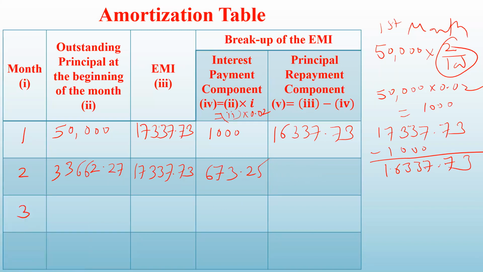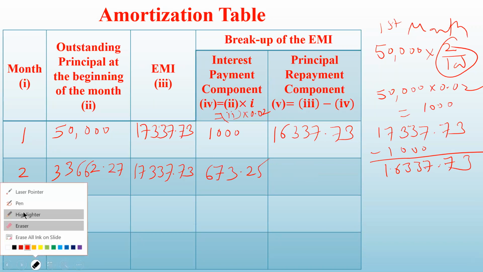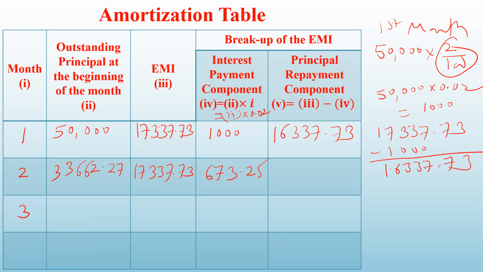So once you have understood how to get the values, you can quickly write down. That is why I've written here the formula. So 16,664.48. Now what is the outstanding principal in the third month? 33,662.27 minus this much, 16,664.48. That will give you 16,997.79. Again, you paid the same EMI,